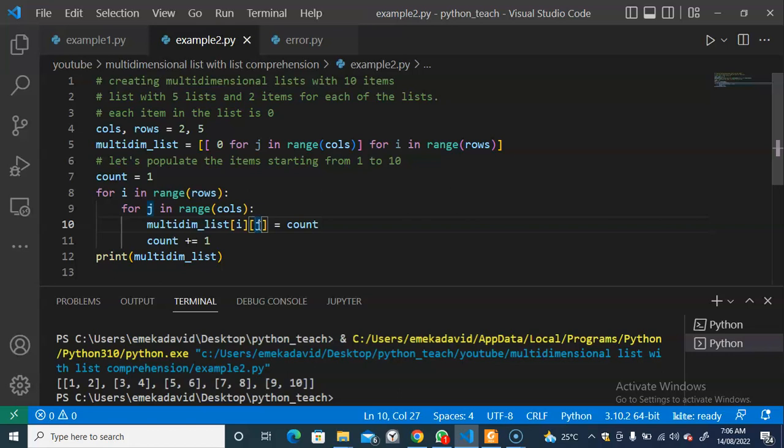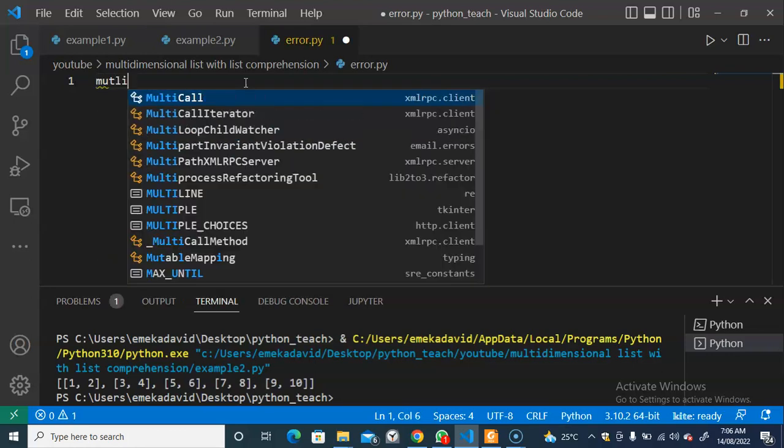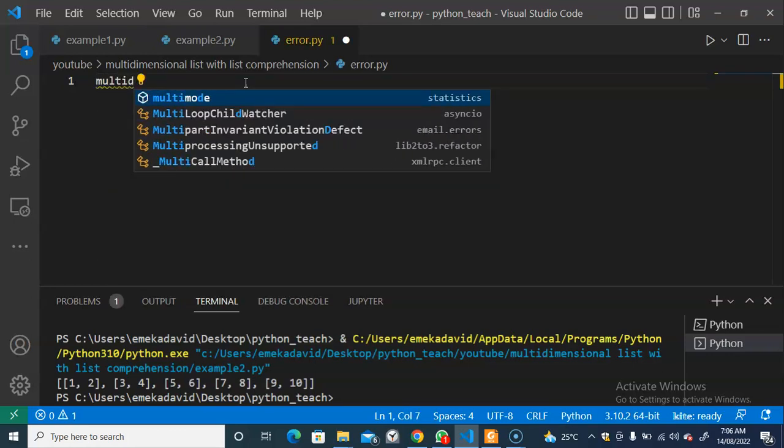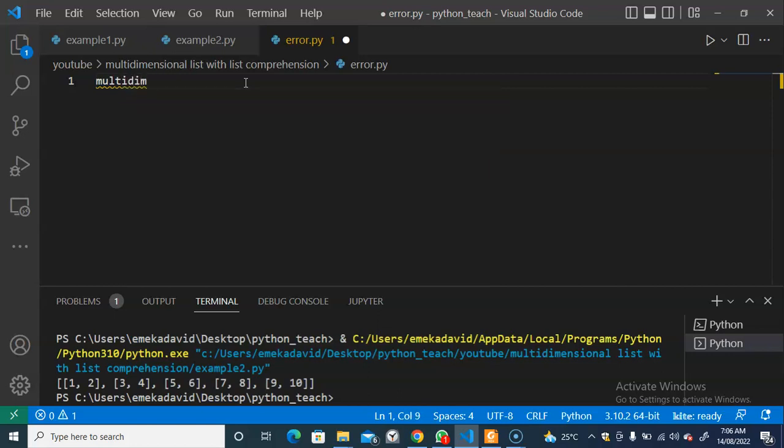Now let me show you a way some people create multi-dimensional lists that you will get unusual results. For example, if you create a multi-dimensional list this way, you say we want to create a list containing 3 rows and 2 items in each row. You say